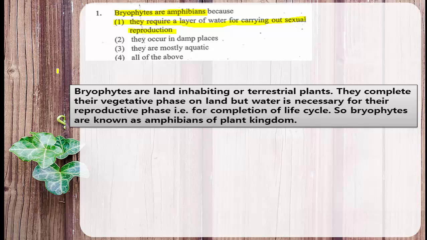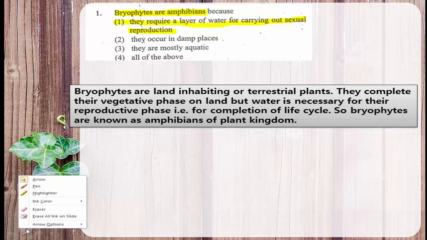Archegonium is the female sex organ in case of bryophytes, and antheridium is the male sex organ. The male gametes are flagellated, they are motile, they swim in the water and reach the archegonium, and inside the archegonium the female gamete, the egg, is present,